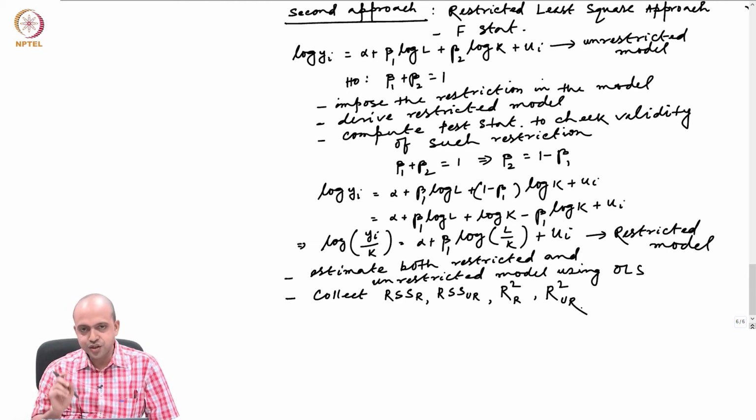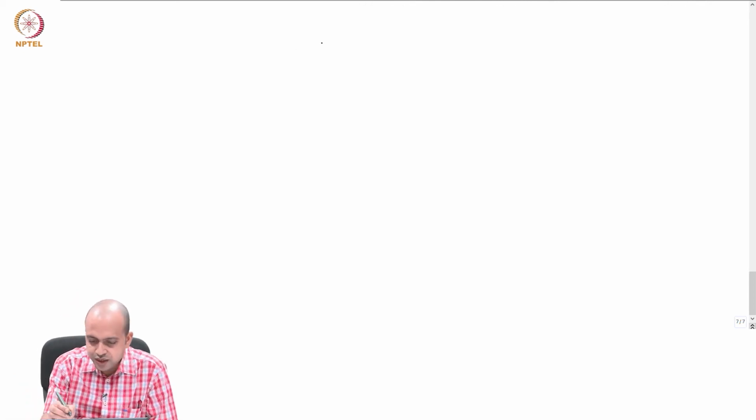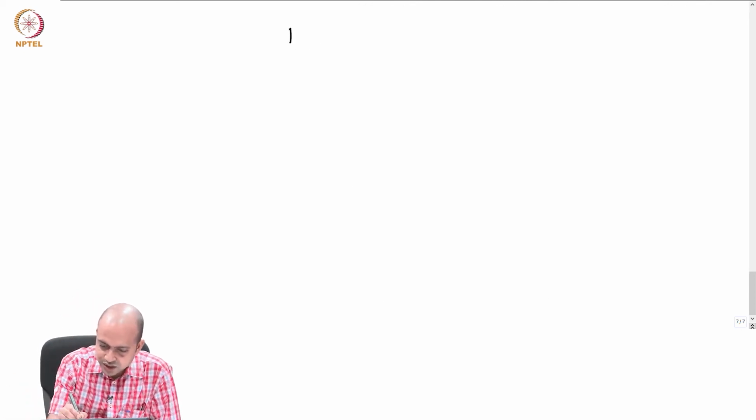Once you collect this residual sum of square and R square from both the models, you will have your test statistic using this formula. What would be your test statistic? Your test statistic F is defined in this way: